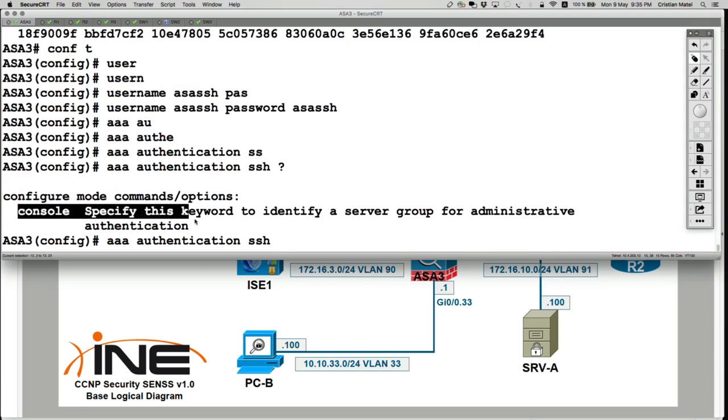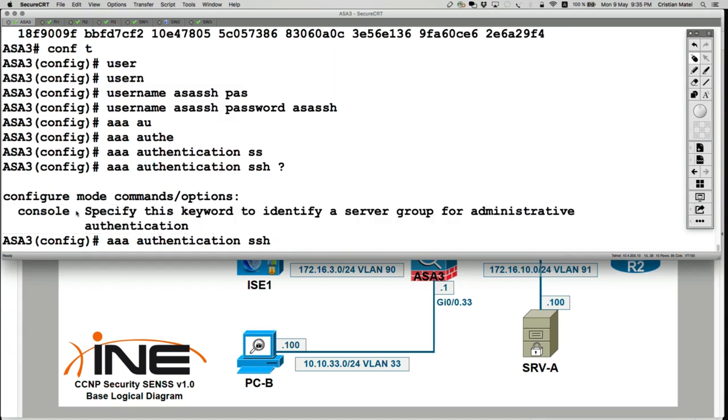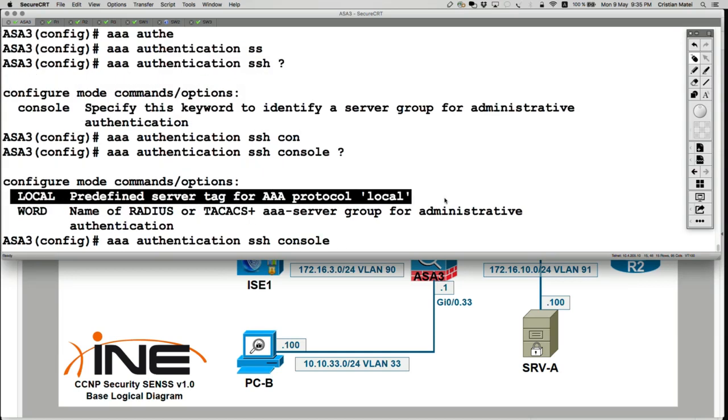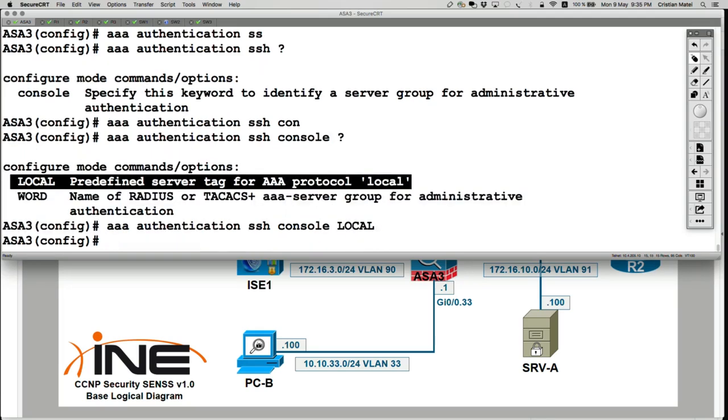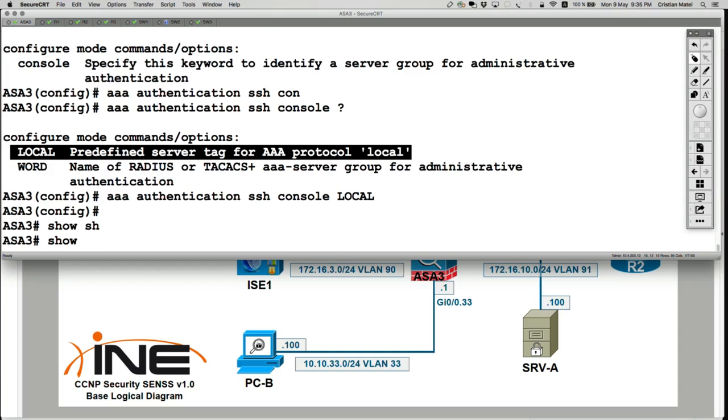And this is misleading because you may believe that console means console access, which it doesn't. Console actually means VTI lines for the ASA. So I'm going to say I want to authenticate SSH sessions on the VTI. How? And I will say locally, which means via the local database of usernames and passwords. And finally, if you say show run SSH,